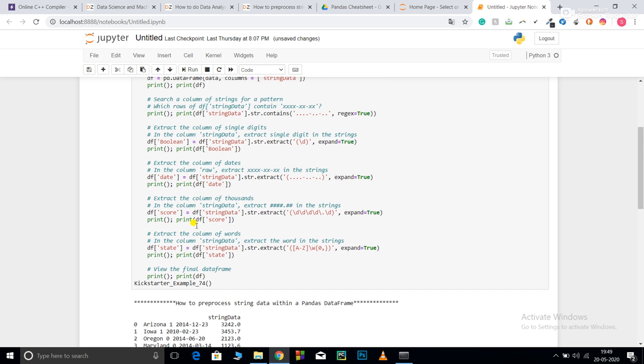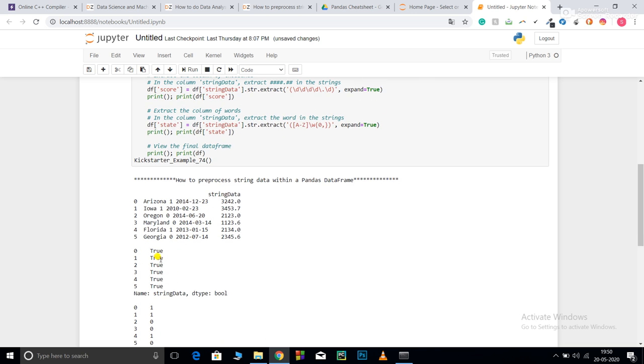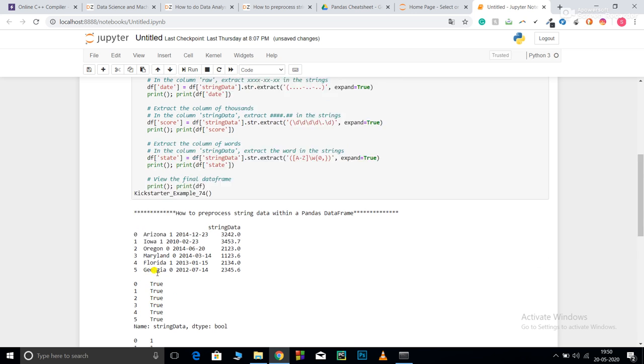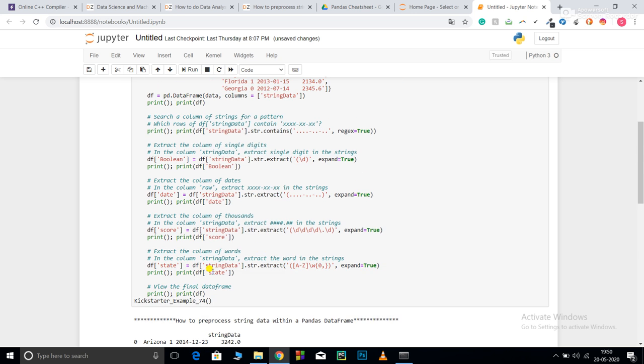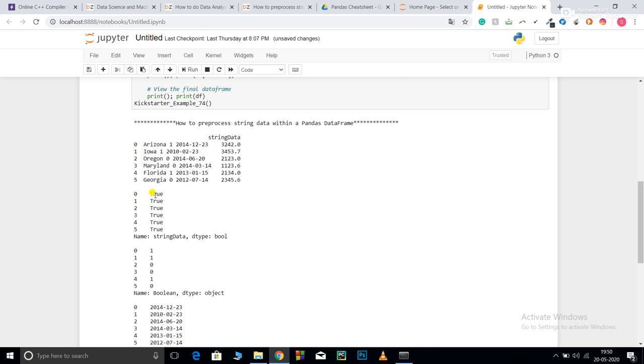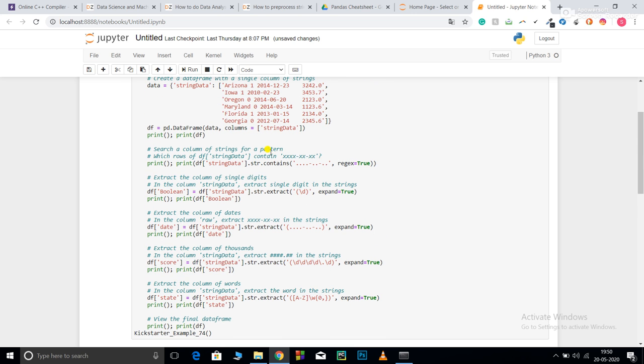These results tell me that yes, it does contain values following the same pattern. After that, extract a column. Go to string data and dot extract backslash d. If you have used C, you know d is used for indicating numerical values.